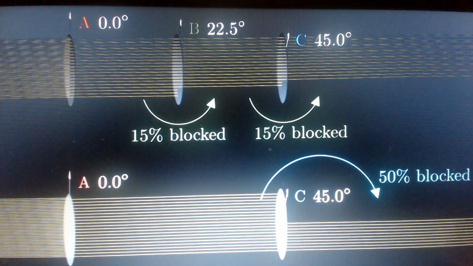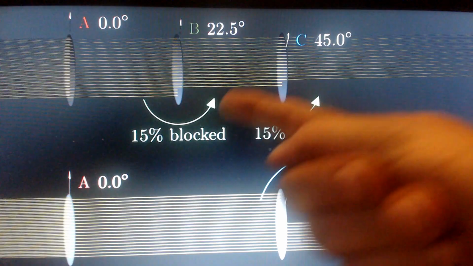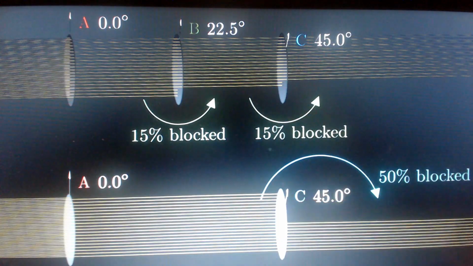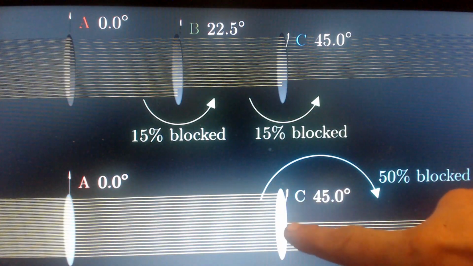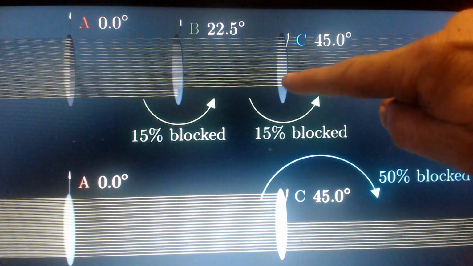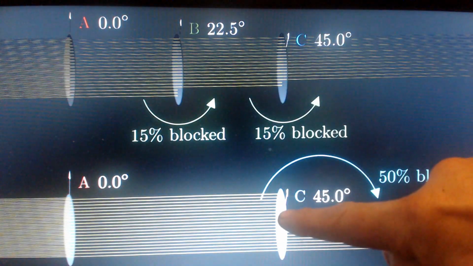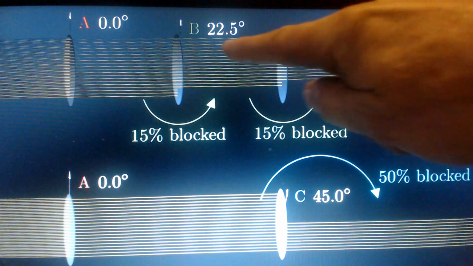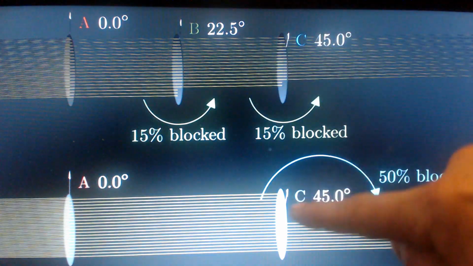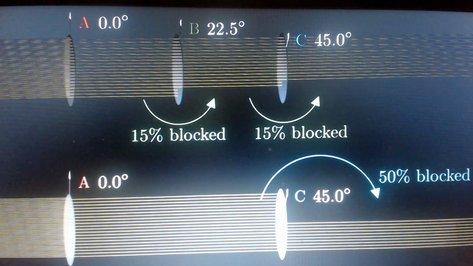So obviously, you're going to have more coming in up here than you do down here. There's a 45 degree difference when it goes through this filter. Up here, even though it's 45 degrees and this is 45, the light coming in is only 22.5 degrees off. Here, it's 45 degrees off coming in. So, what? And you're confused?